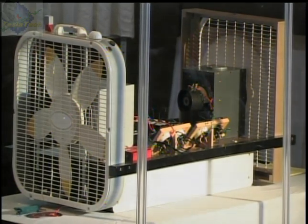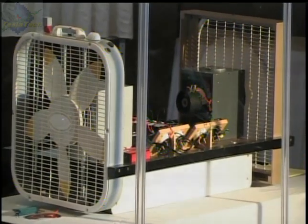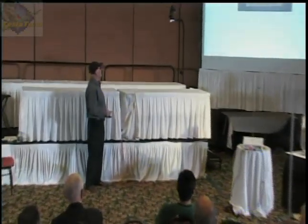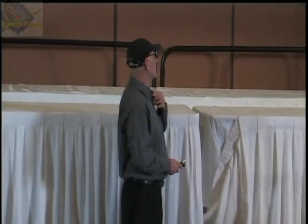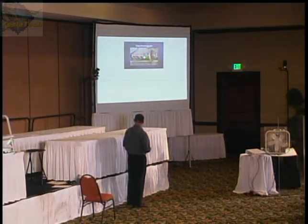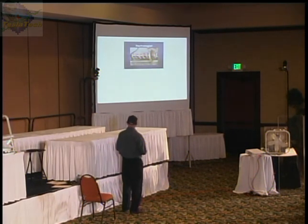Okay, the first thing I did was put these little coils, which come from places like Radio Shack or Willie's Electronics. They're little bobbins of magnetic wire. I put an iron bolt through the bobbins, and I found leads on each bobbin by cutting into the bottom. I had to solder to find the bottom lead. The idea there was this way I didn't have to do any coil winding. And I discovered that